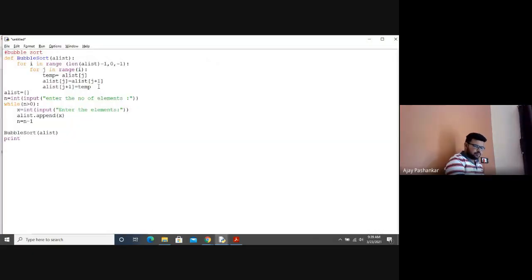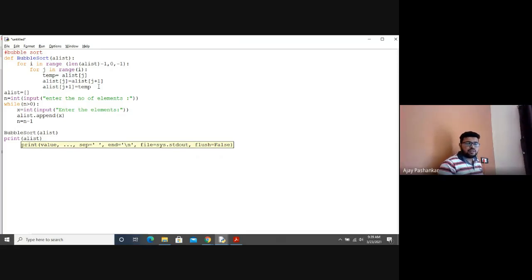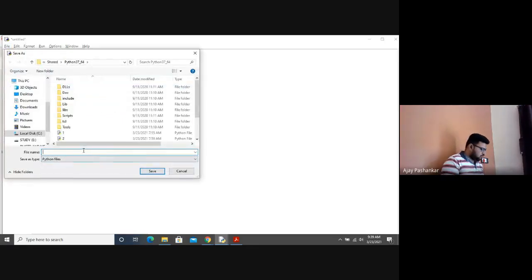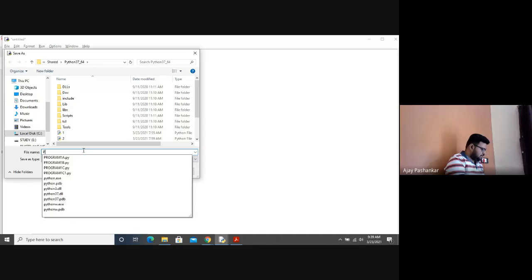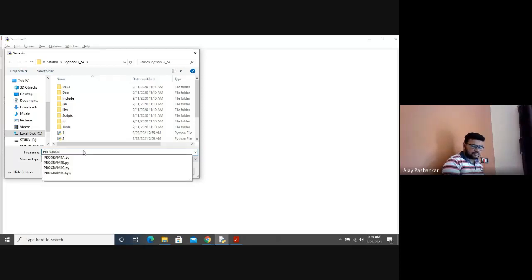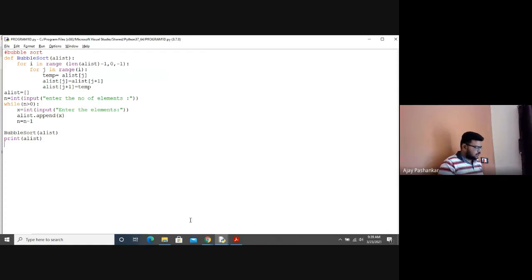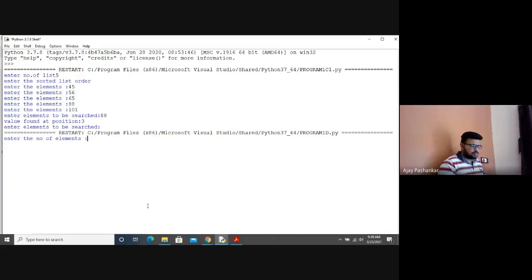Your program requires lots of errors, but वो sort out करने के लिए हम लोग के पास patience होने चाहिए. So I'll just rename it as program 1D. Okay, done. Just try to say that number of elements.